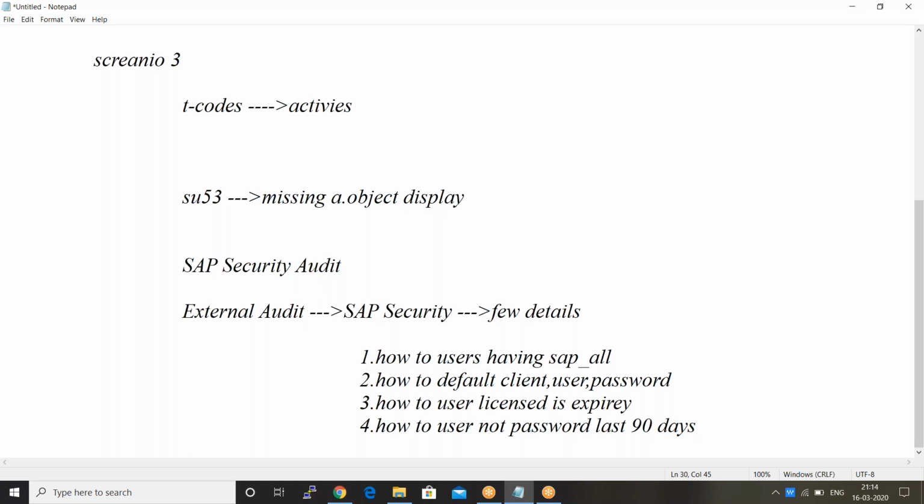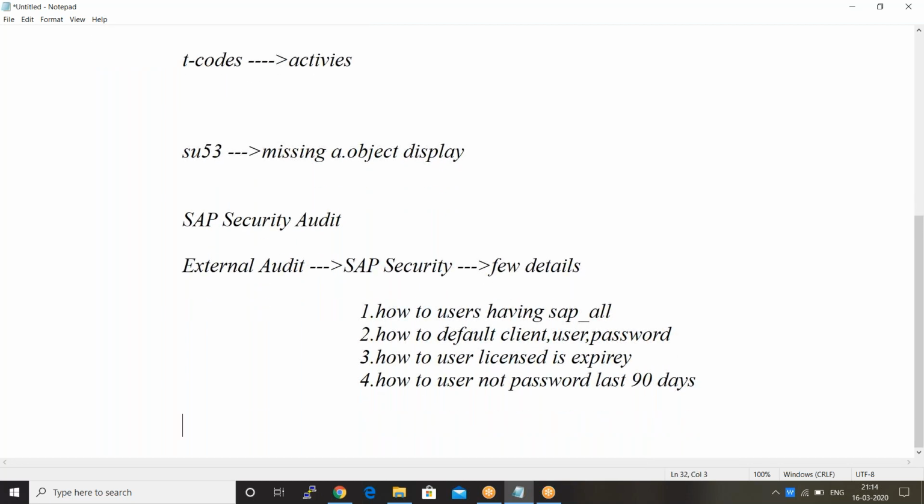So how can I do all this? That is where the audit comes into the picture. You have many audits. Majorly we have different audits. In the audit course you know all these things: SAP system audit, business audit, as well as functional department audits like general ledger audit.